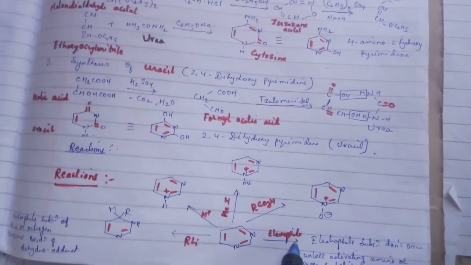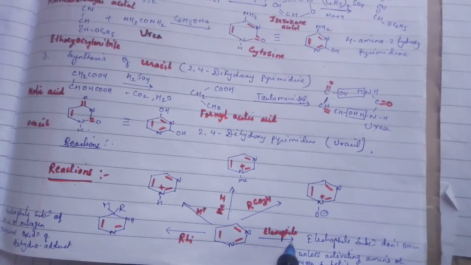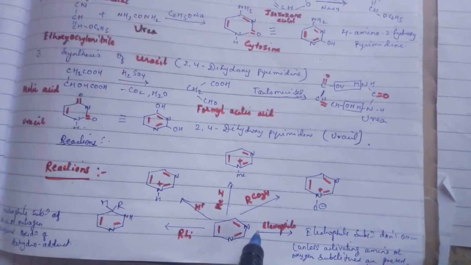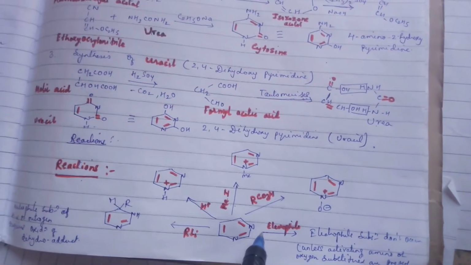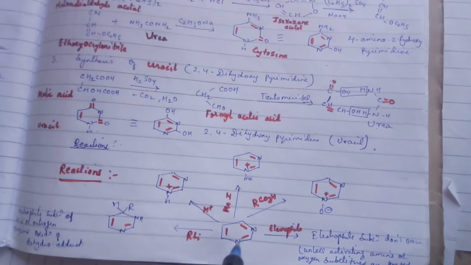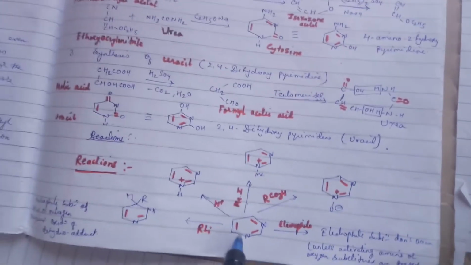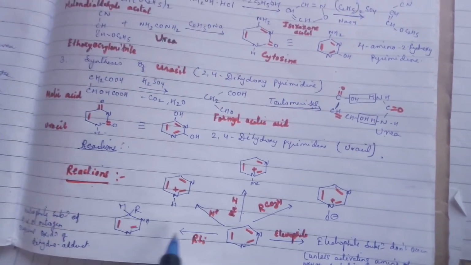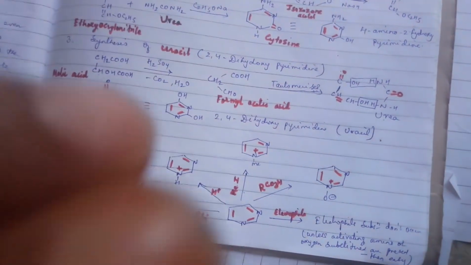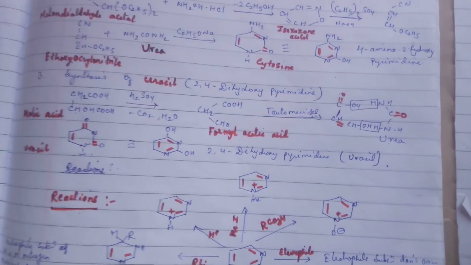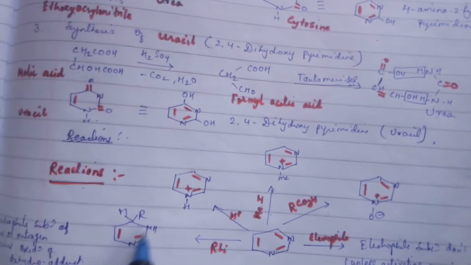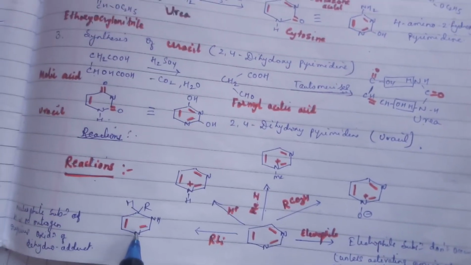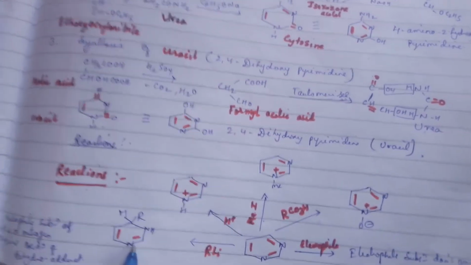And as we already discussed, the ring is generally resistant to electrophilic substitution reactions unless an activating group like amino or oxygen-containing substituents is present. If those substituents are present, in that case you can get some electrophilic substitution reactions as well. While in the case of nucleophilic substitution, as we have discussed, all the diazines are more easily attacked by the nucleophile, and when nucleophilic substitution of